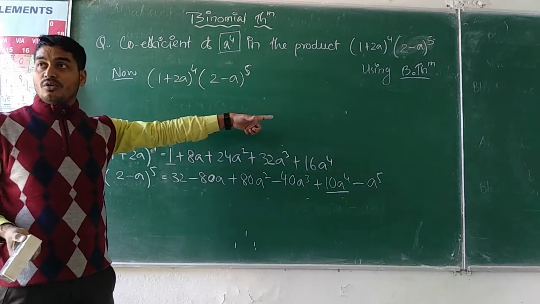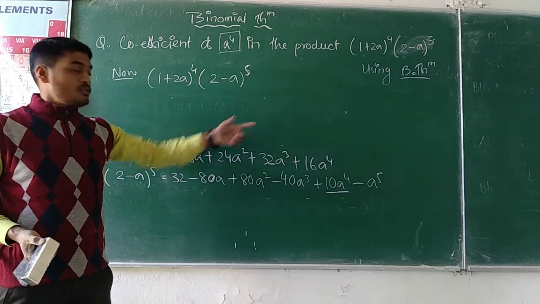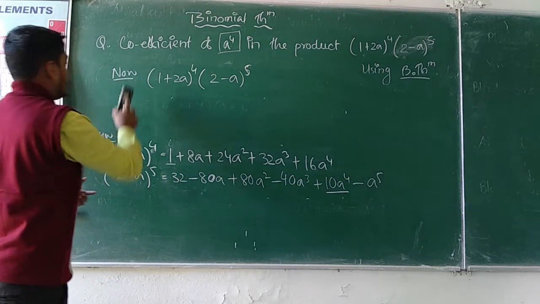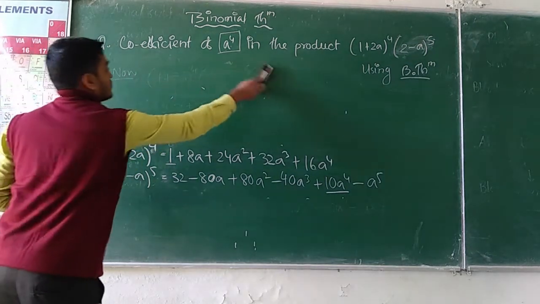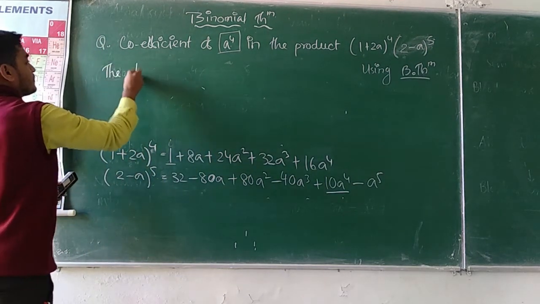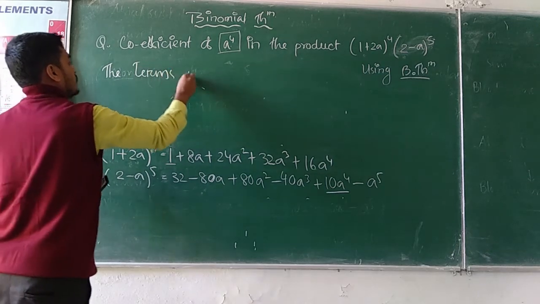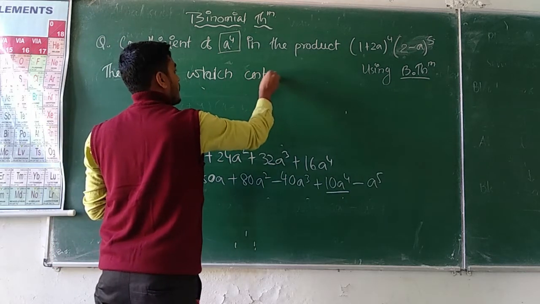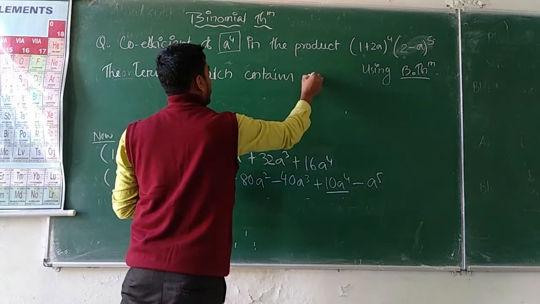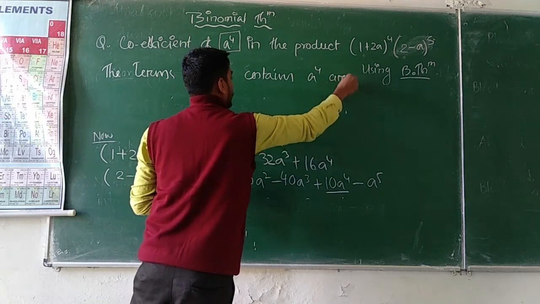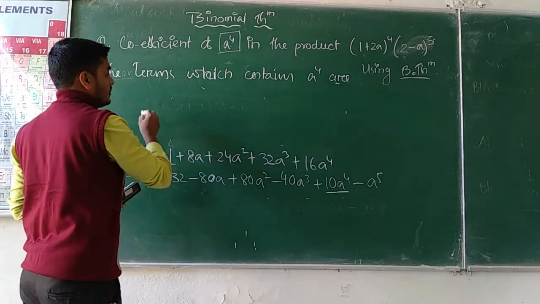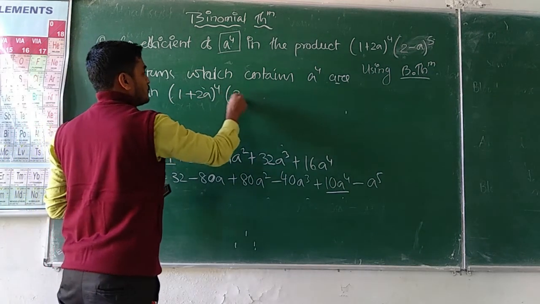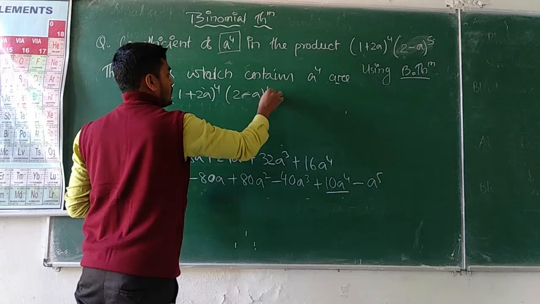হেকান আমি হেবিলা ক্যালকুলেশন নকৰো, ইমান বিলা টাইম আমি ওয়েস্ট নকৰো। সো আমি কি কৰিম, হেবিলা টাৰ্মৰ মাল্টিপ্লিকেশন লিখিম যিবিলা কৰে a to the power 4 contain কৰিব। সো মই এনেকে লিখিম, the terms which contain a to the power 4 are কোনবিলাক আমি a to the power 4 contain কৰিব in 1 plus twice a whole to the power 4 into 2 minus a whole to the power 5